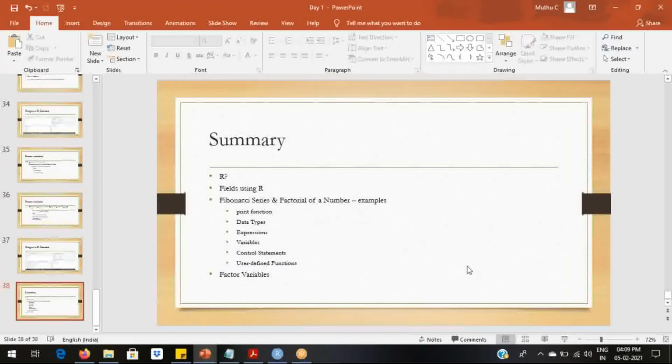Okay, since you people are silent, I will consider that you don't have R and RStudio installed in your systems. So I will quickly tell you the guidelines or procedure to install R and RStudio.